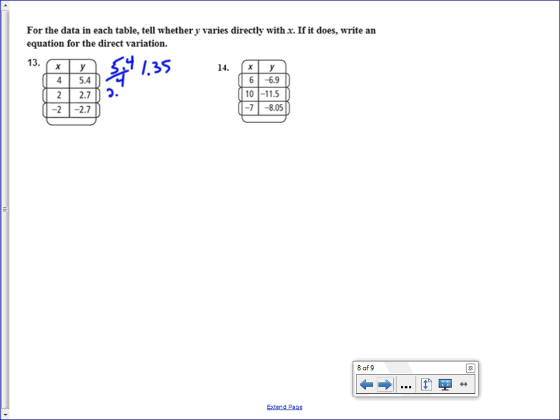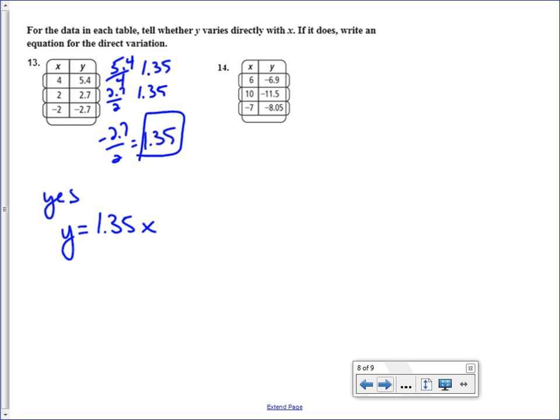If you take 2.7 divided by 2, you get 1.35. If you take a negative 2.7 divided by negative 2, you'd also get a 1.35. So yes, this is a direct variation. And the equation, here you have your constant, so it would be